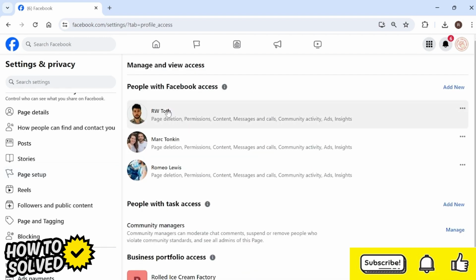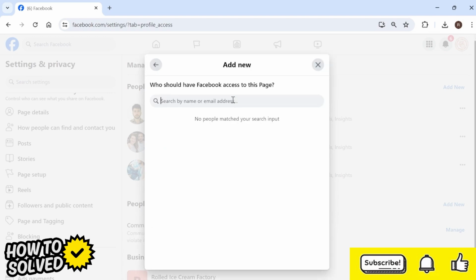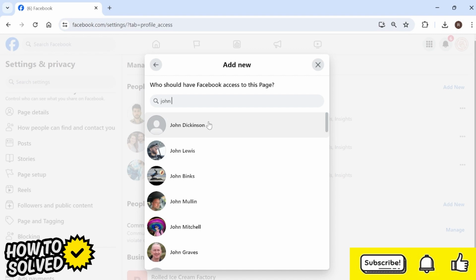From here, we can see all of the users that currently have access to our Facebook page, and we can add new users as an admin here just by coming over to this Add New button, click on Next, and then you could either search by a name or email address of the user that you want to add. Once you've found the user that you want to add to your page, just select the profile,